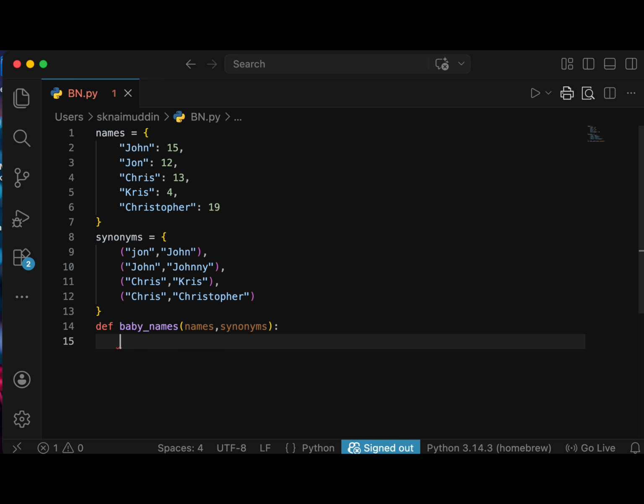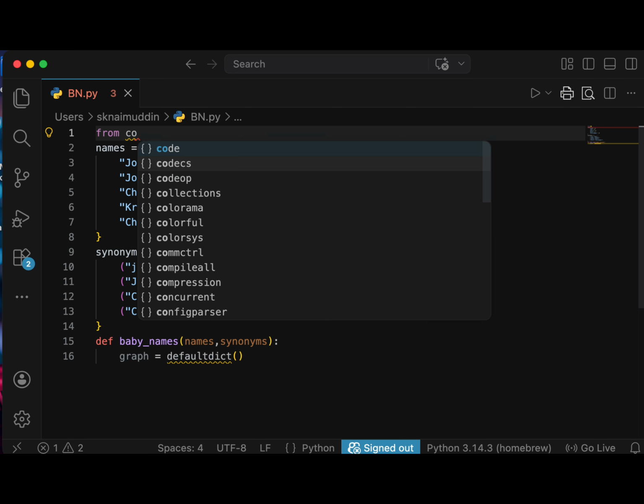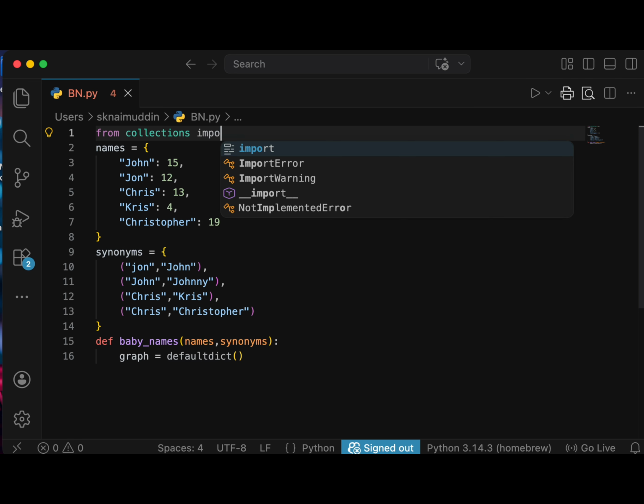Fine. Now we're gonna build our graph, the nodes and the edges, so that we can create or plot the graph. We take a variable graph and we're gonna use a library function, defaultdict. So what is defaultdict? Let's first import this library: from collections import